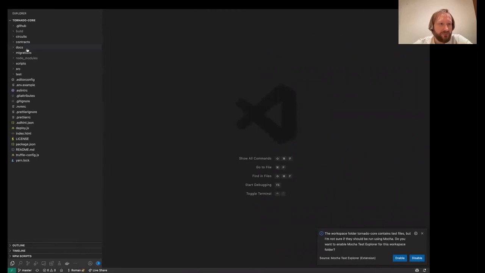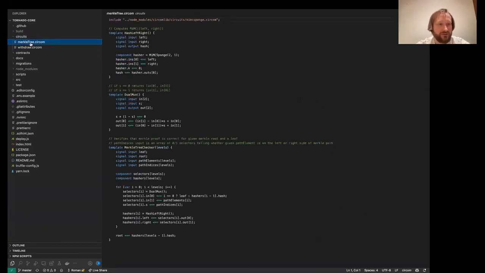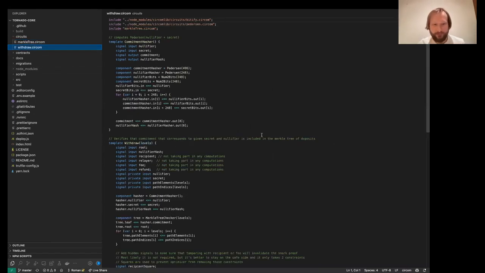Okay, so a really quick reminder of how Tornado Cache, the current production version, works. We call it Tornado Cache 2.0. It's pretty simple. When users deposit some funds into Tornado Cache, they generate two random numbers.